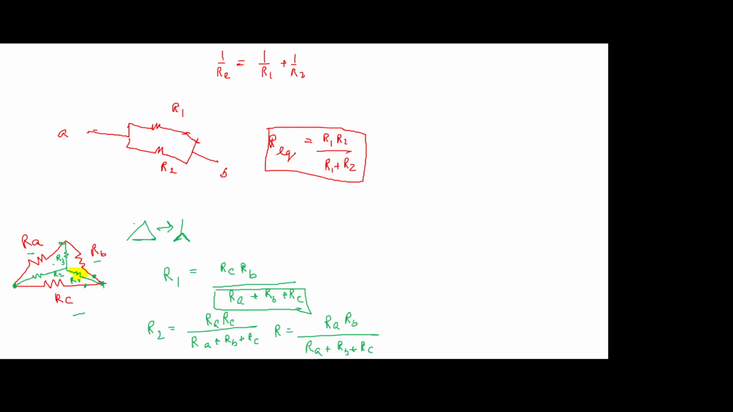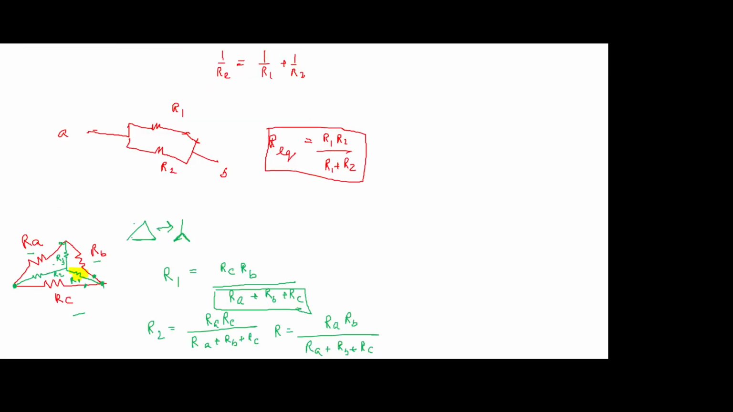You don't really need to remember these formulas. If you are to convert this delta circuit to its equivalent star, just take the multiplication of the two adjacent branches and divide by the summation of all the branches. This is the trick to remember from delta to star. Now in case of the reverse, if the star network is given and you have to convert it to delta,